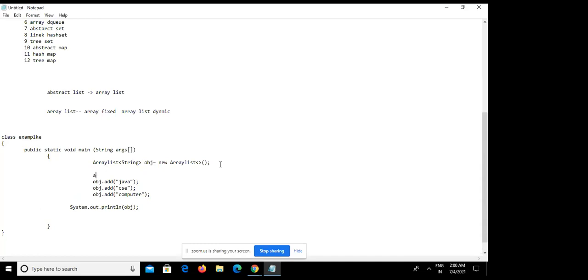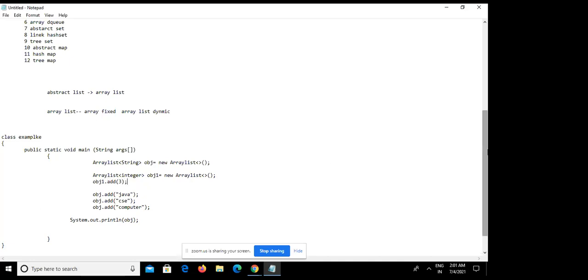Suppose in the same program I put int here, Integer. Then it will take an Integer object. For your better understanding, in this program I put obj1, and obj1.add, I am putting a number.